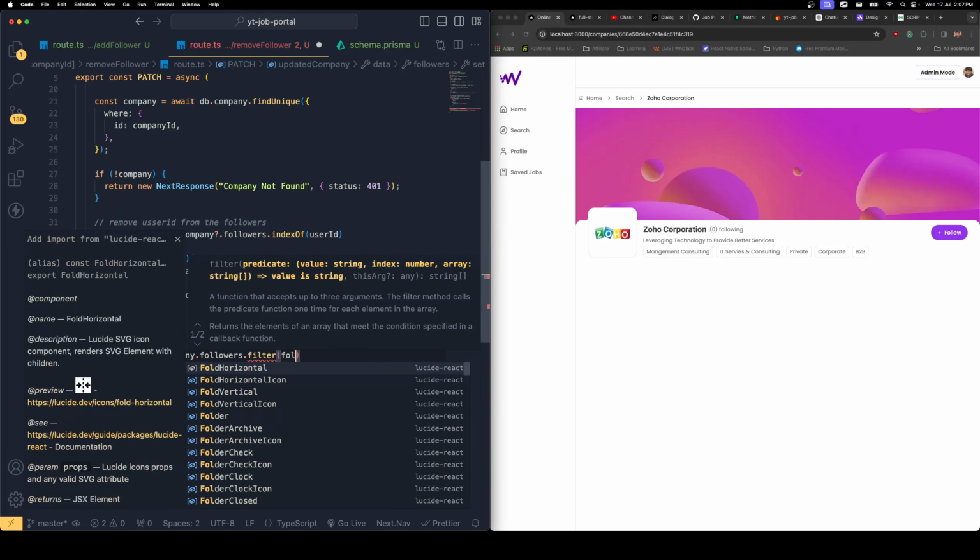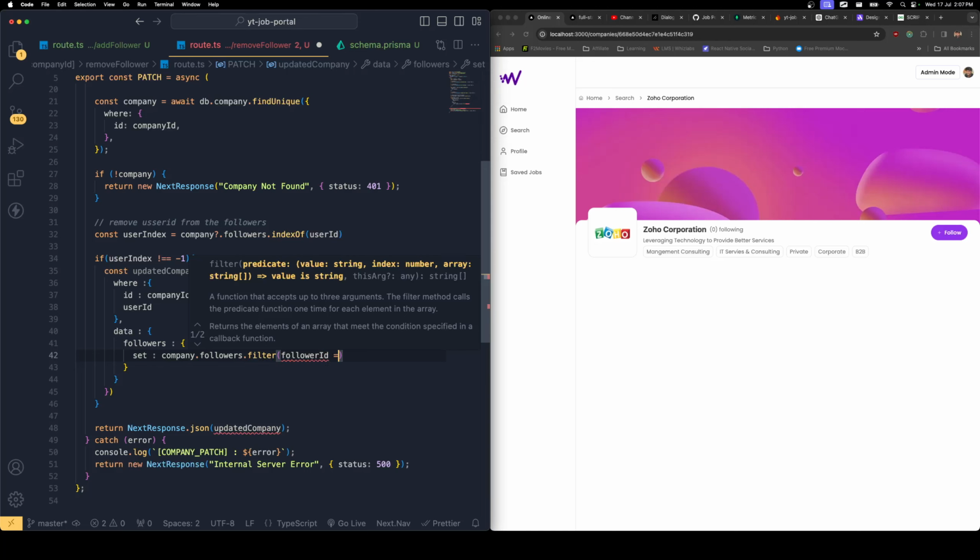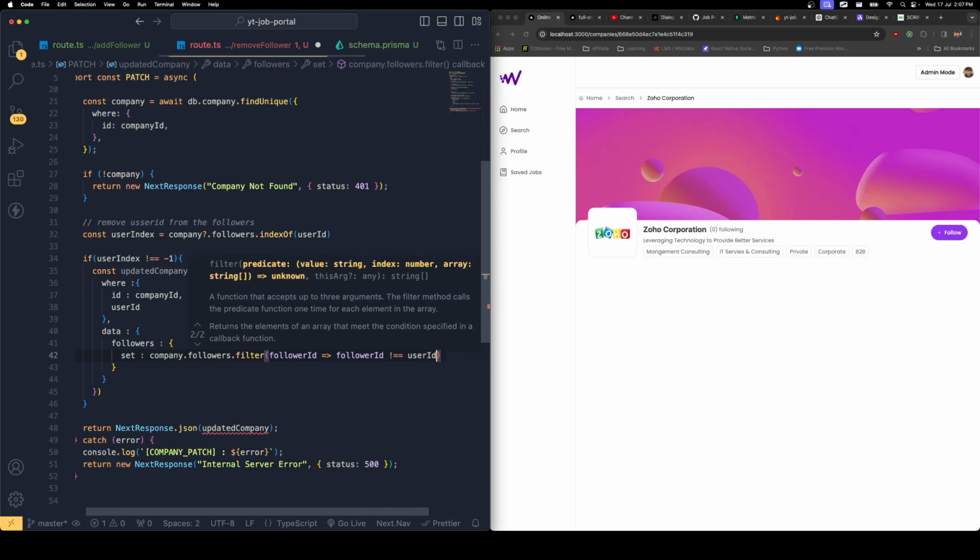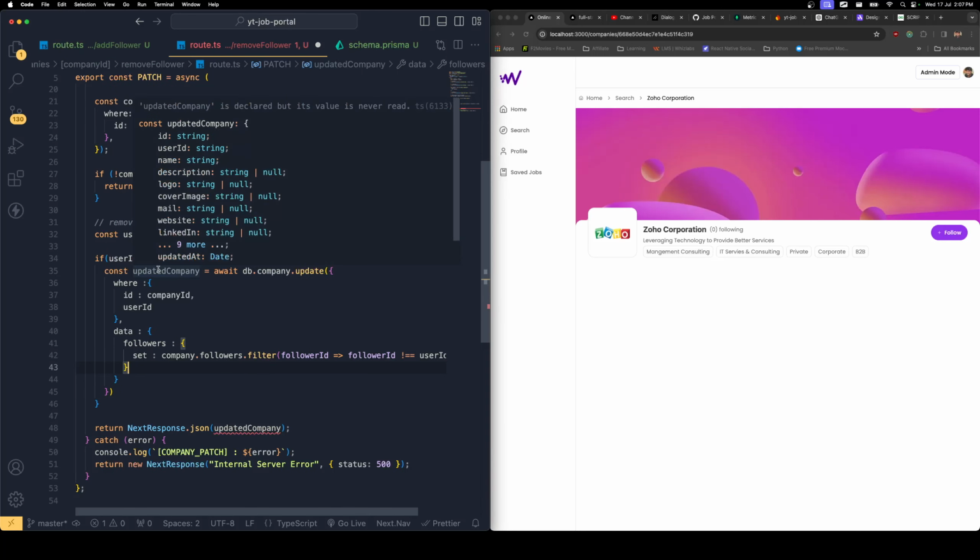I'm going to get that follower id, and figure out that the follower id should not be equal to that specific user id. Then we are going to set that, except that specific id, we are going to set that entire data. Okay, so now we are not getting this